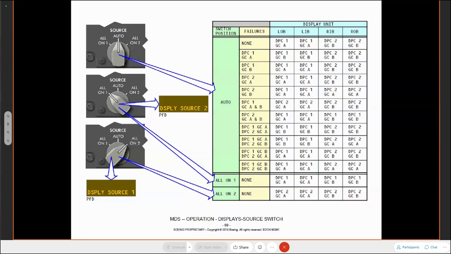Now don't get me wrong, if we lose graphics cards, graphics generators, we will get maintenance messages. But they won't be correlated maintenance messages, so there'll be no flight deck effect. It won't bring up a status message. But maintenance will be able to see it, but the crew won't. There's no point in telling them. There's nothing you can do about it. You don't need to know. Ignorance is bliss. So we only show the crew for complete failure of a display processor,